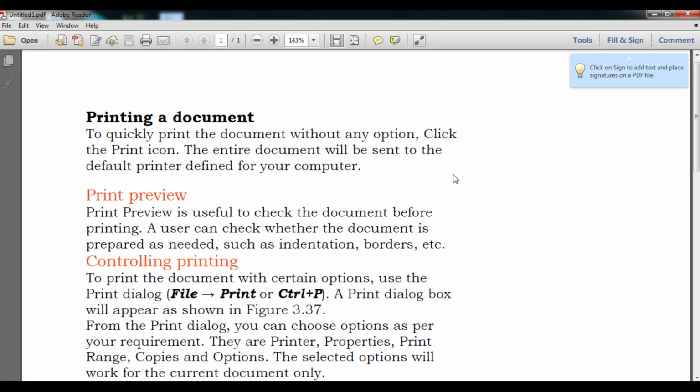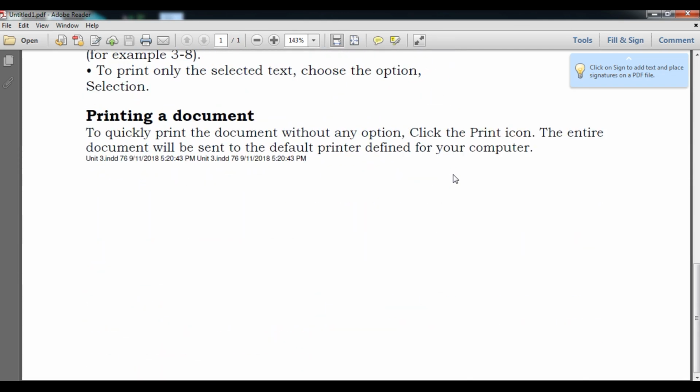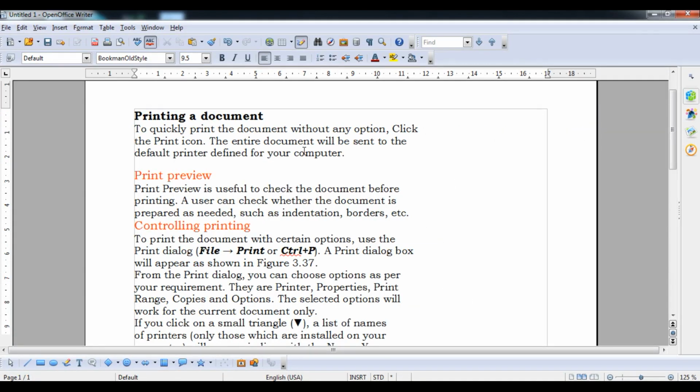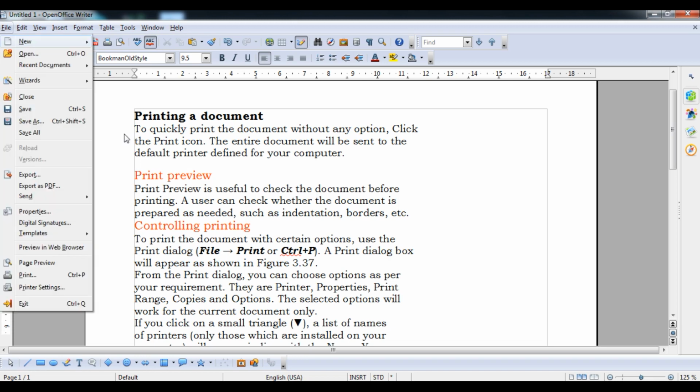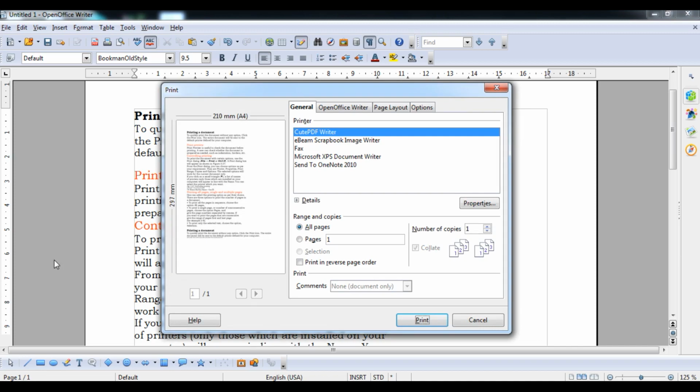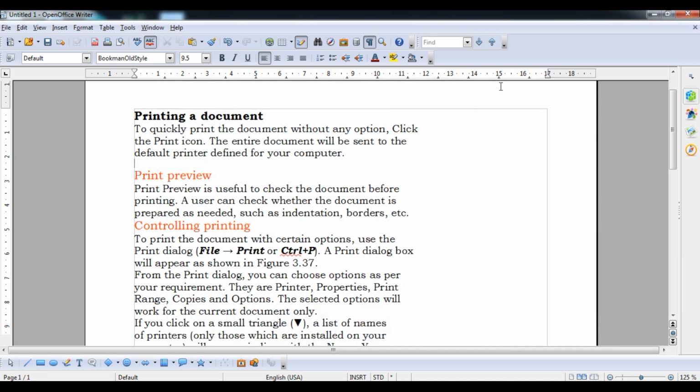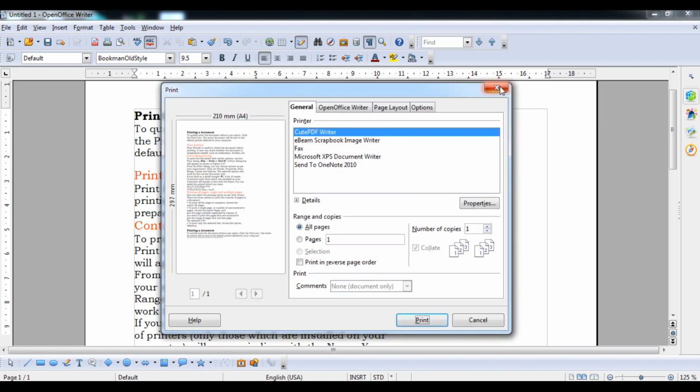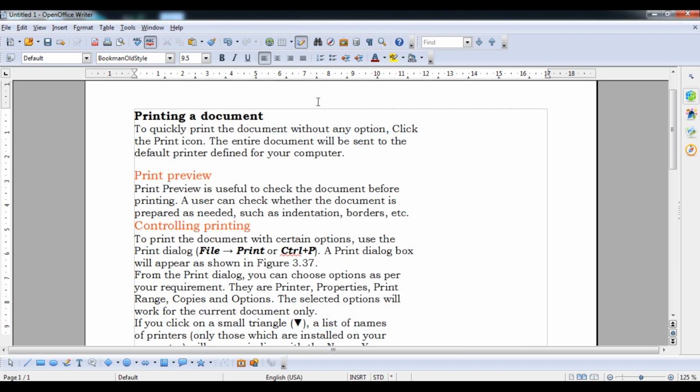So now I can see, student, I have saved this file, just copied and printing. It is in a PDF format now. And now I am talking about print preview. So go to File and then click on the Print option, okay. It will show you a print preview along with the options also. Or you can press Ctrl+P, and this dialog box will appear in front of you directly, okay.